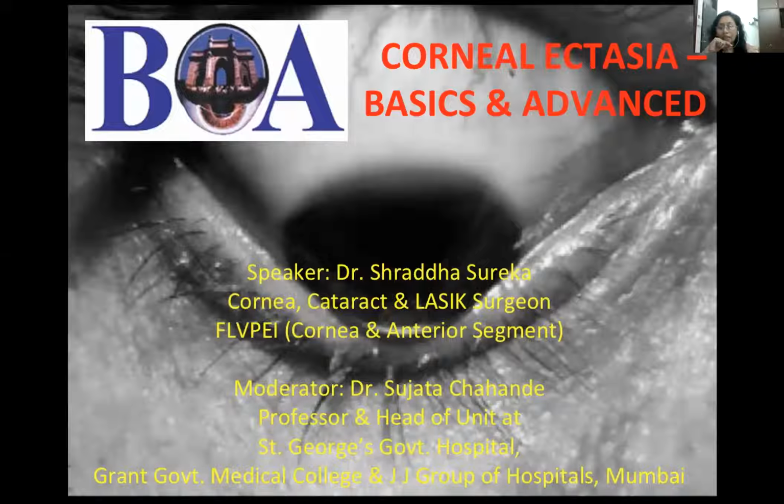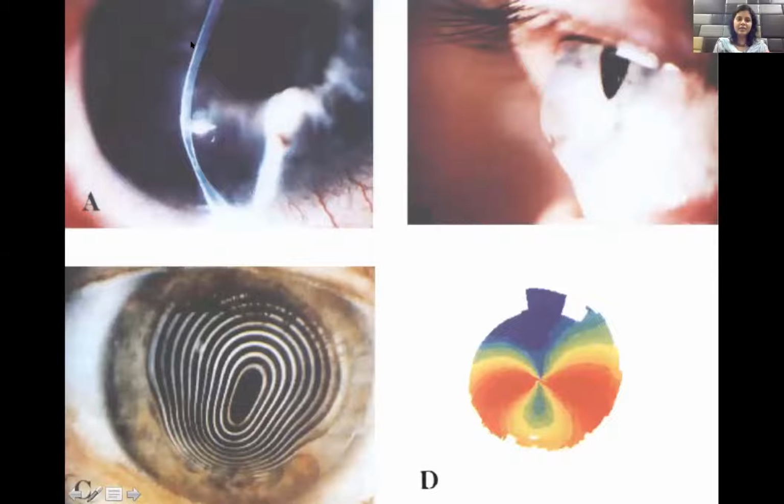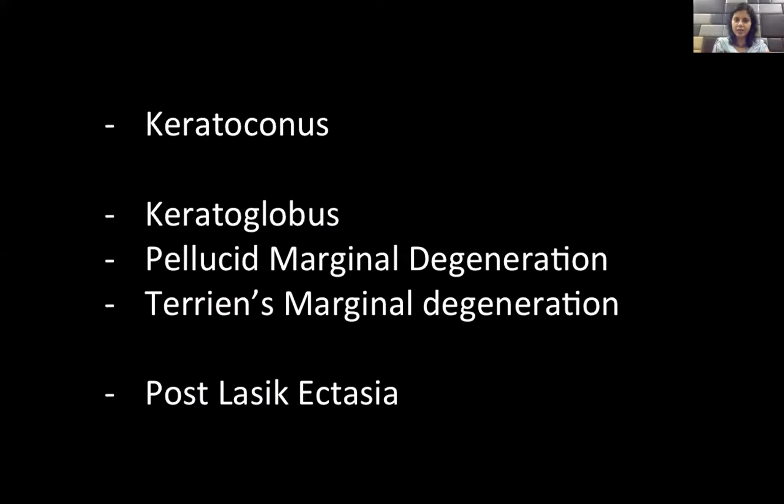Right away. Yeah. Right. So basically, what is corneal ectasia? Corneal ectasia is basically when the cornea, which should be a perfect, nice spherical part of a sphere refracting surface, becomes abnormal. You can see this picture over here. You can see my mouse pointer. There is abnormal thinning which can be seen, and it's protruded over here. So this basically is corneal ectasia, wherein the shape of your cornea is abnormal.